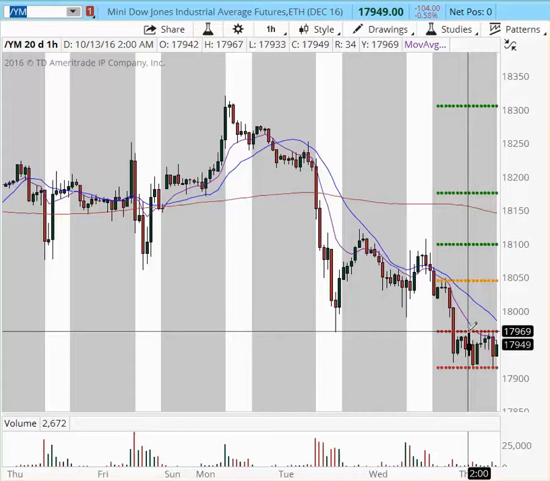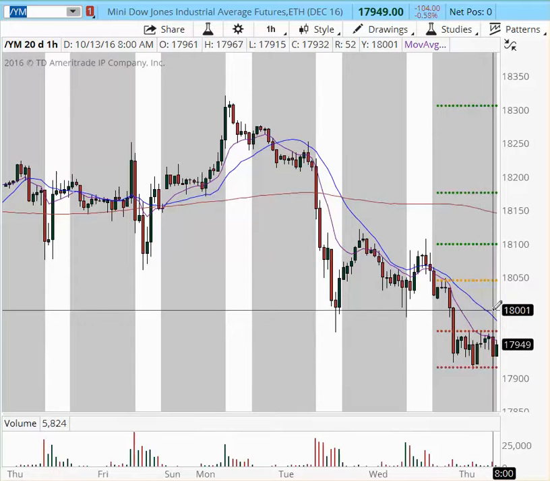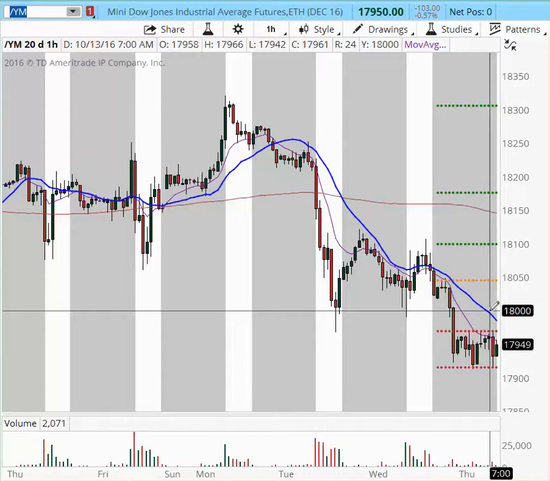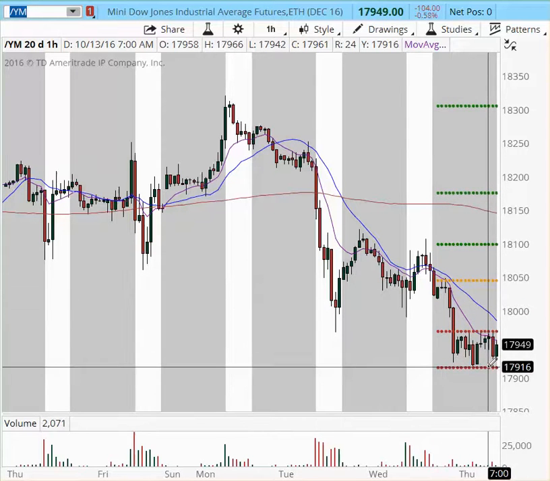17,970. My game plan for today is that if we break above 17,970, I'm going to look for a long position, and my targets for the day are going to be 18,000 and very close to 18,050. Now, if we break below